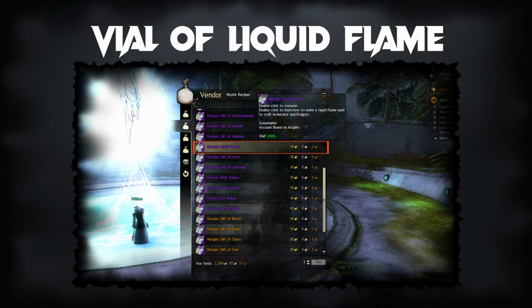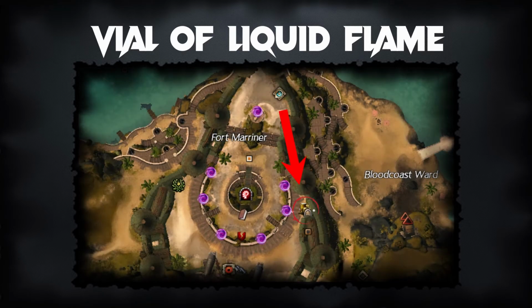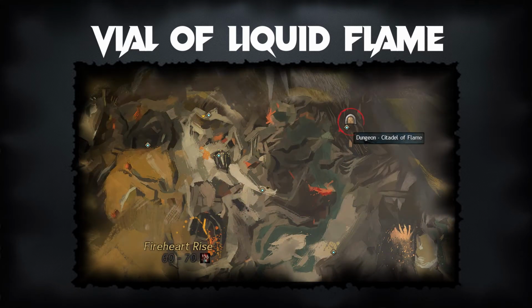Once you've done this, you will have to buy the Gift of Balefire from the Dungeon's Weapon and Armor vendor for 500 Flame Legion char carvings. The Dungeon's Weapon and Armor vendor is just south of the Fort Mariner waypoint in Lion's Arch, as you can see in this picture. To obtain the char carvings, you will have to do the Citadel of Flame dungeon multiple